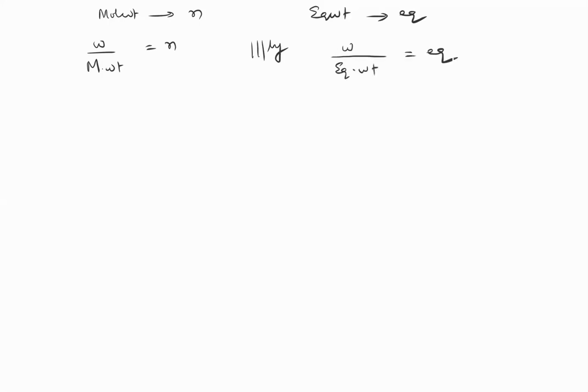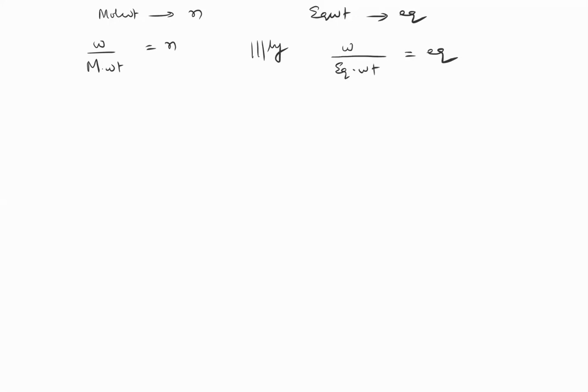The next thing I'm going to do, since we've done equivalent weights, is continue that concept and find the number of equivalents. Just like molecular weight gives you your number of moles, equivalent weight gives you the number of equivalents. How do you find the number of equivalents? Weight by molar mass, or weight by molecular weight, is your number of moles. Similarly, here, weight by equivalent weight will give you your number of equivalents.